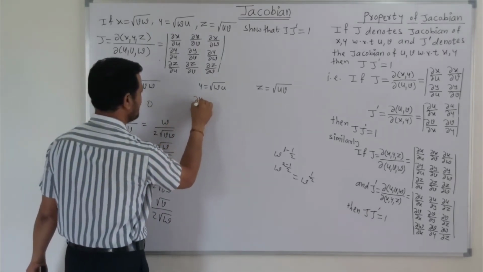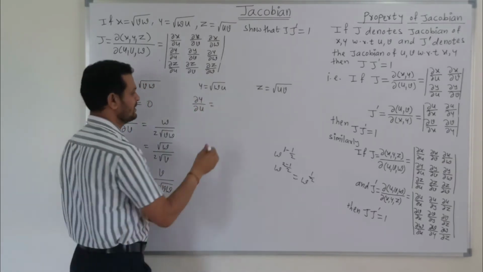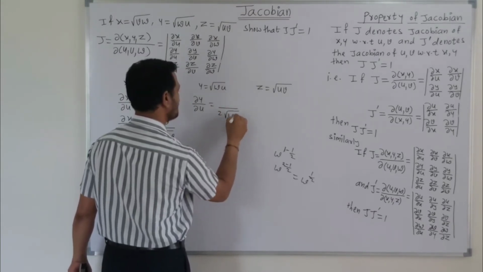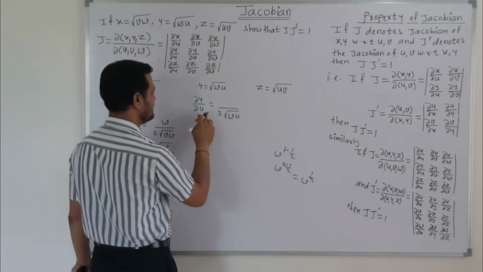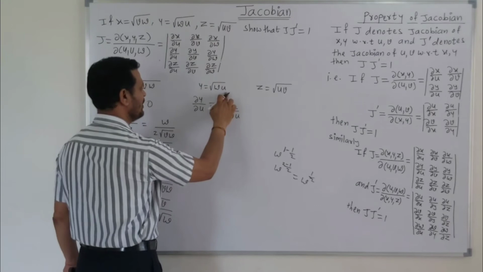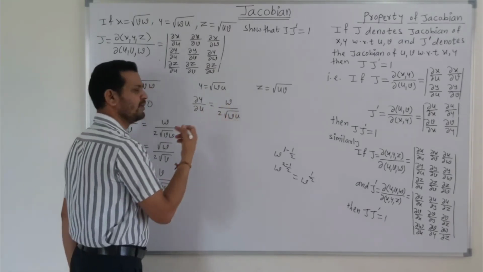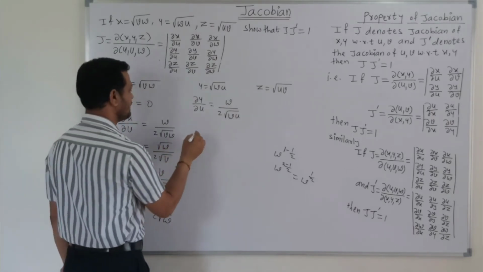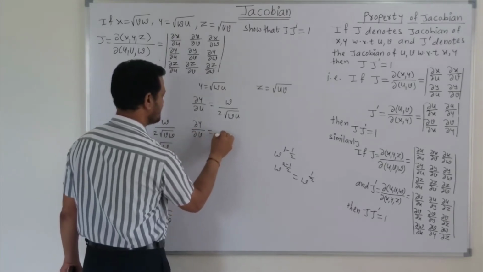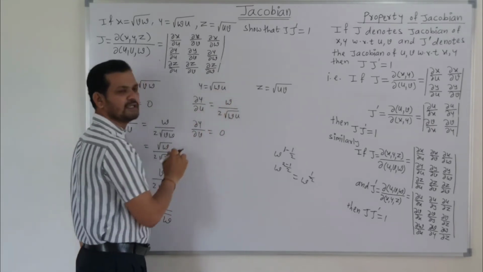Now once again take the partial derivative of y with respect to u. Then again the derivative of root x is 1 upon 2 root x, which is 1 upon 2 root of wu. This is other than u. So the derivative of wu with respect to u is w, as a partial derivative, w is constant. The derivative of u with respect to u is 1. Now the partial derivative of y with respect to v. This term is 0 because v is absent and u and w are constant.